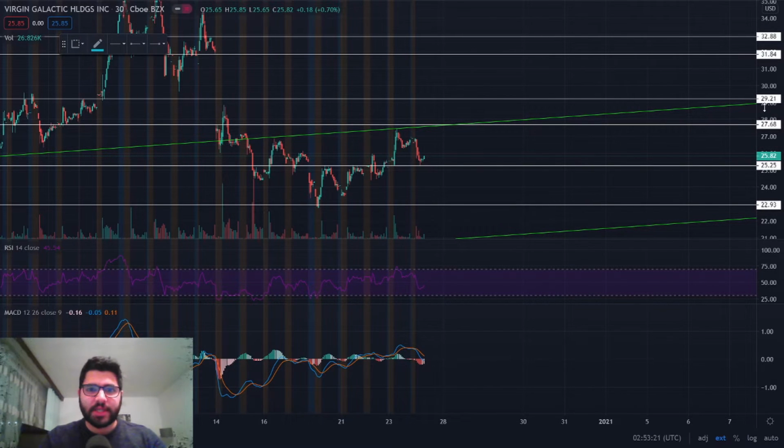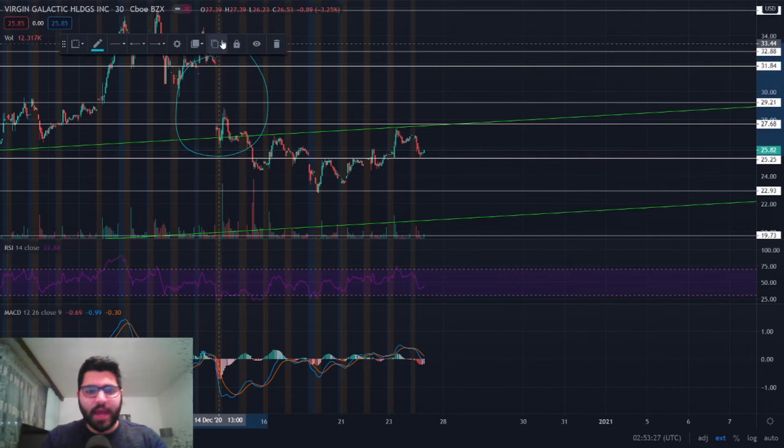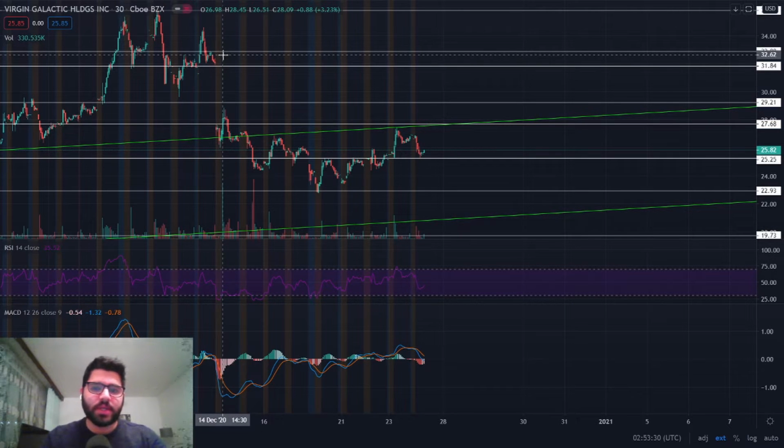So Virgin Galactic, here we go. Looking at the technicals now on the 30 minutes, you can clearly see that we had a gap down to the downside. The reason for that was because they failed a test launch. They were meant to send a supersonic plane to, I think it was 50,000 miles altitude, and at around 40,000 they said, hey, we can't do it. This is not safe. Reaching above that altitude would basically be considered outer space. They didn't manage to do that. That was negative news. So we gapped down approximately, I would say, about 20%, and then we